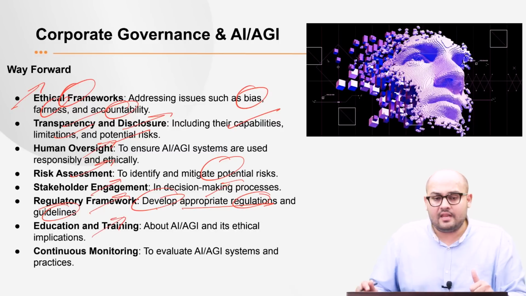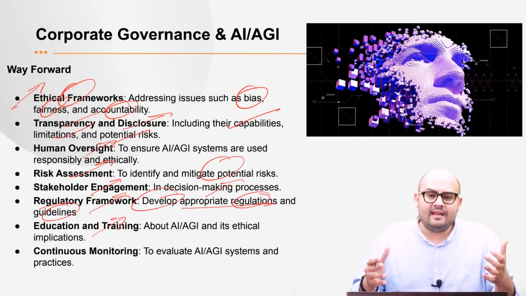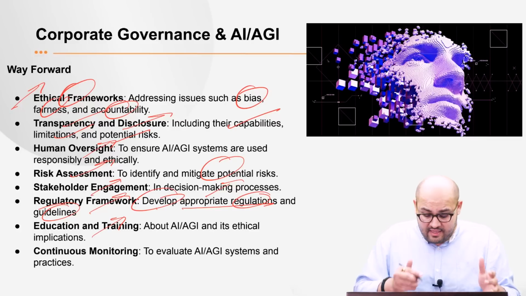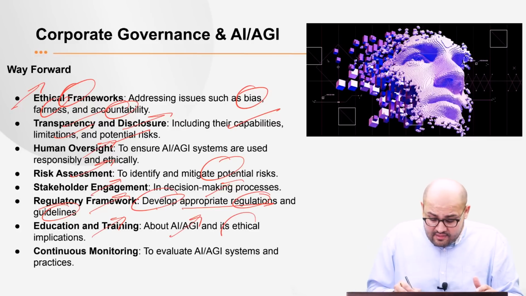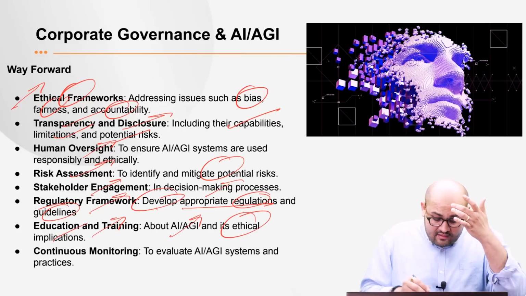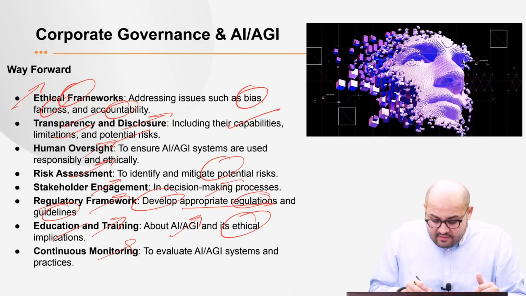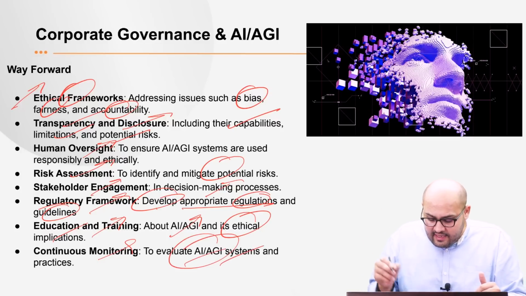Next, education and training. We need to provide adequate information to the people in general, right, with respect to these AI and AGI platforms and their ethical implications. Next, continuous monitoring. We need to have a framework where there is continuous monitoring to evaluate the AI and AGI systems